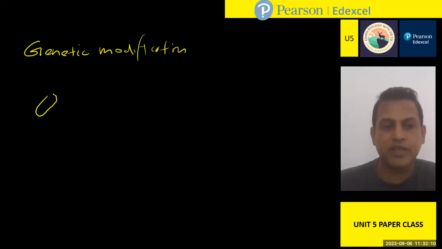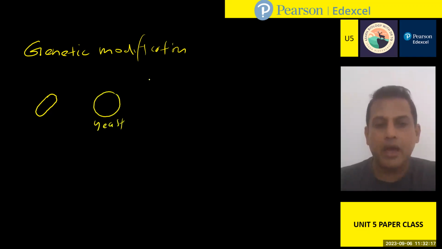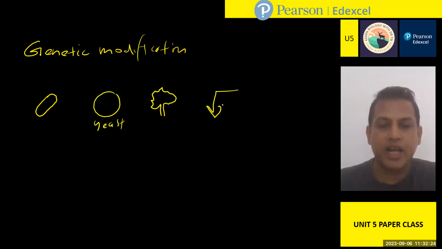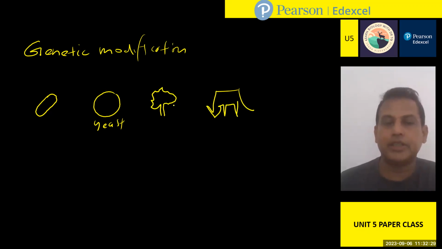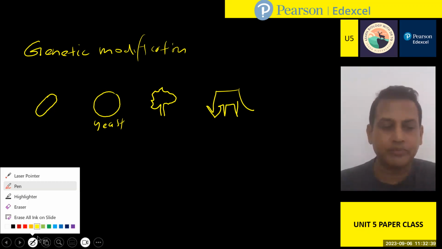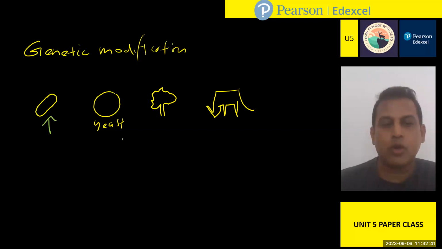We can genetically modify bacteria, and this is a yeast cell, fungus, and we can also genetically modify plants, and we can also modify animals using gene technology. So if we want to modify bacteria or yeast cell, plant or animal,